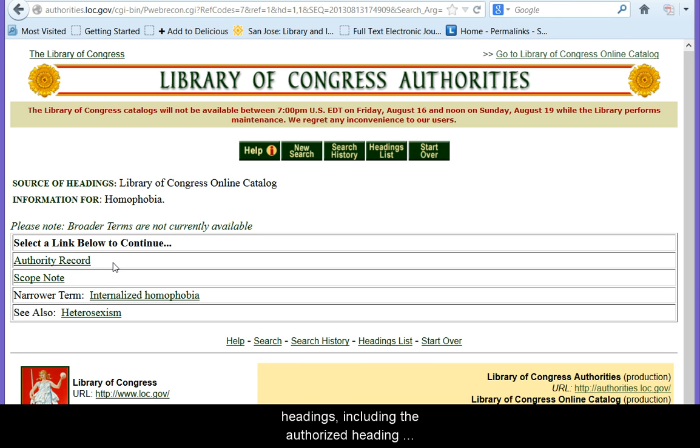This takes us to a new page with links to various headings, including the authorized heading homophobia. Although not explicitly stated on the screen, but rather alluded to under the small title of your information for homophobia, next is a link to a scope note which explains how to use the heading in question. Additionally, there's a link to a narrower term, that is, a term that can be subsumed under the broader heading